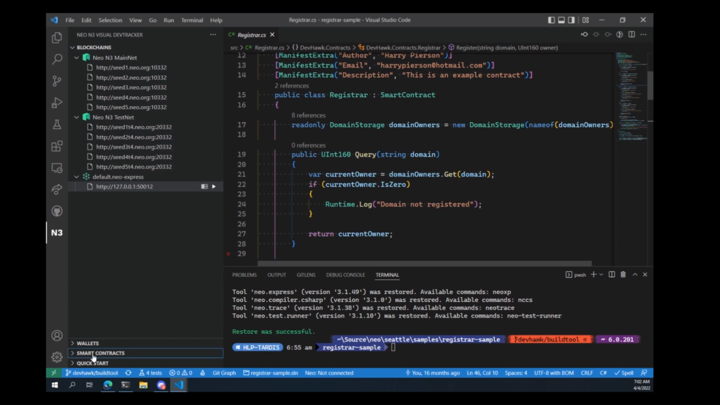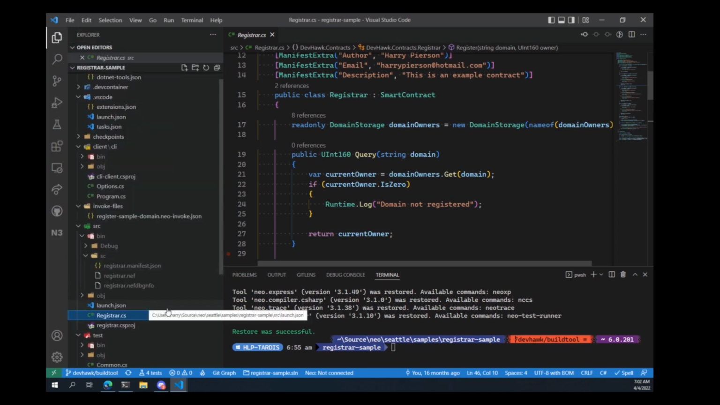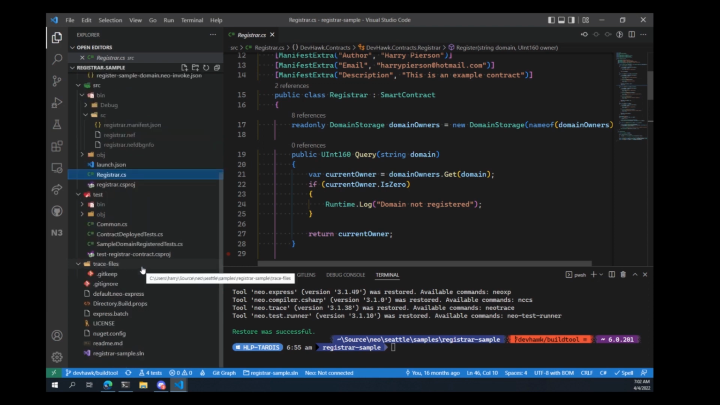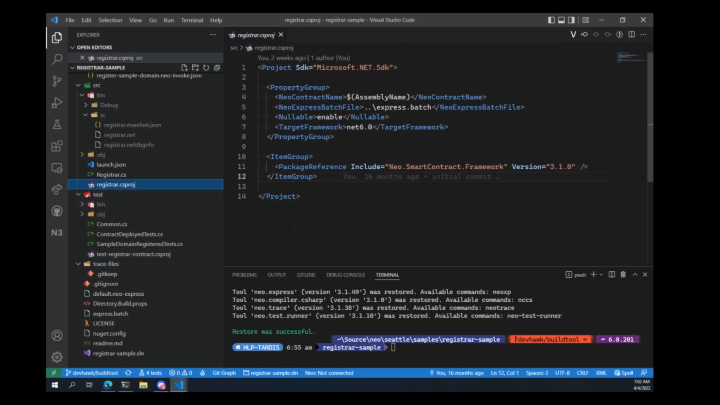So the first thing I'm going to show off here is something called the batch mode. You may be familiar with it because most of the samples that we produce have some kind of batch mode operation. The idea is that we wanted to get the blockchain in a consistent state as quickly as humanly possible so that we can do it during the build. If you look here in the registrar file, okay,